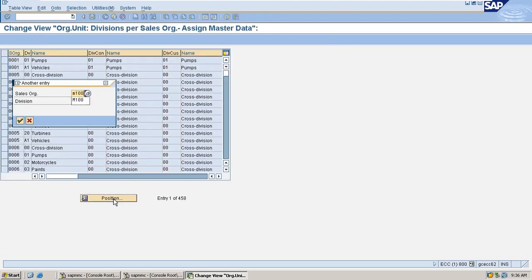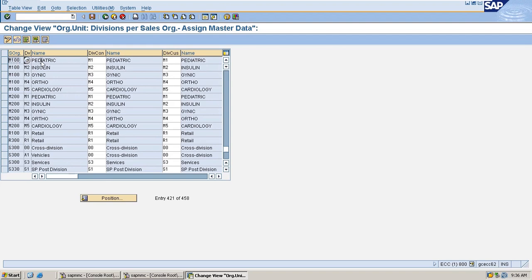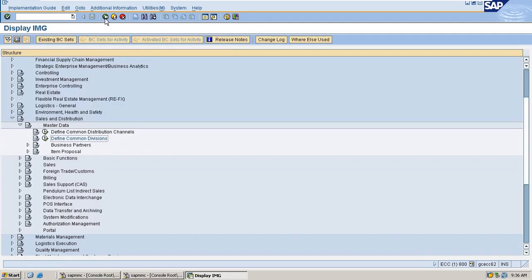For M100, we have M1, M2, M3, M4 and M5. If you want to assign a common division in the same way as we created the distribution channel, you can create the division and assign the common division here. Okay, I think you are clear.